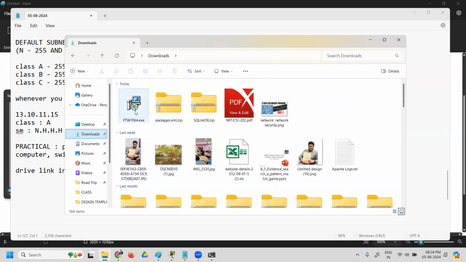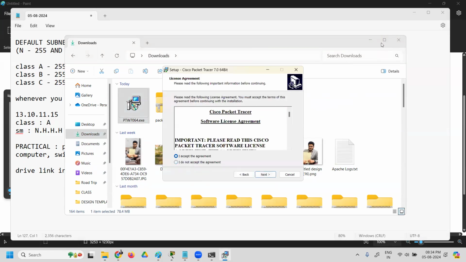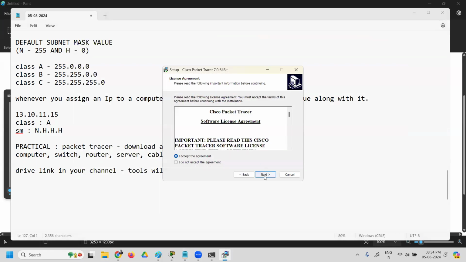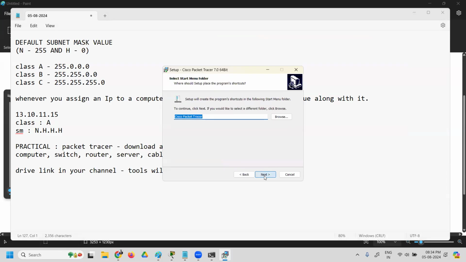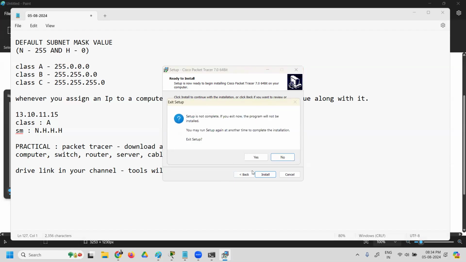Once you've downloaded the Packet Tracer tool, just double click on it and click on yes. Then it is going to ask for next, accept agreement, next, next, next, next, and then click on install. It is just going to take 2 minutes of your time and it will install. Nothing much to do.